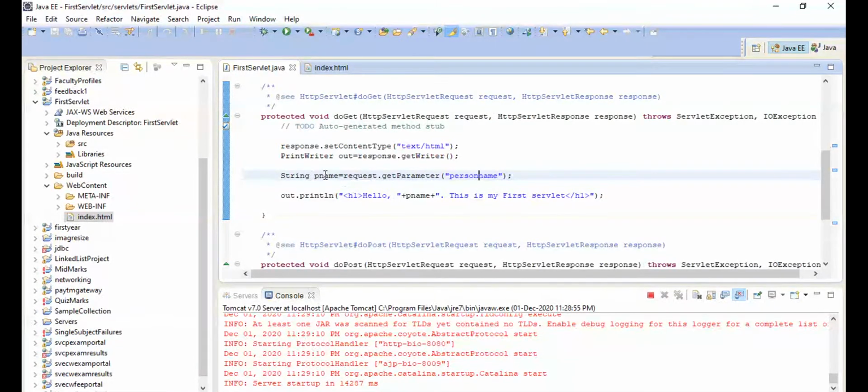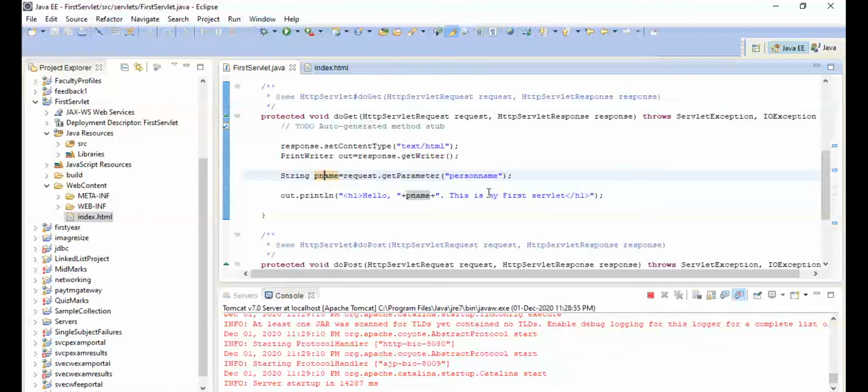Using this parameter value, we can do the processing on it. If we want to send the processed data, we can use the response object to write the contents back to the end user. This is the way we use the getParameter method, which is one of the methods in the request object. We have to see other kinds of methods in the request object to read the content from various kinds of form elements.